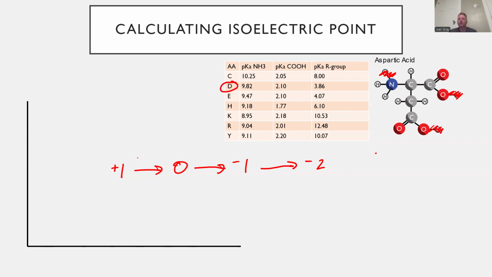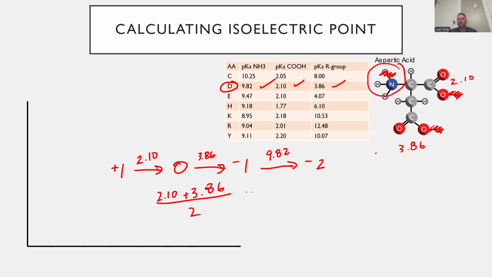My lowest pKa is 2.10. That corresponds to my C termini. Check. The next pKa is 3.86. Is that R group? Check. And then last but not least is my N termini, 9.82. And that's my N termini right here. Check. So if I wanted to calculate my pI, I would say 2.10 plus 3.86 divided by 2 gives me